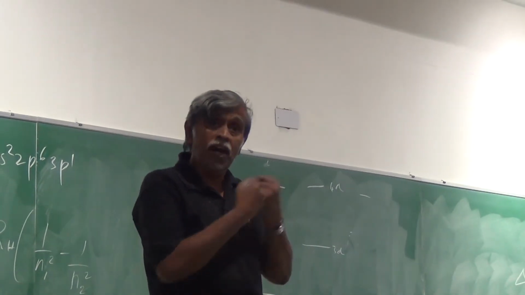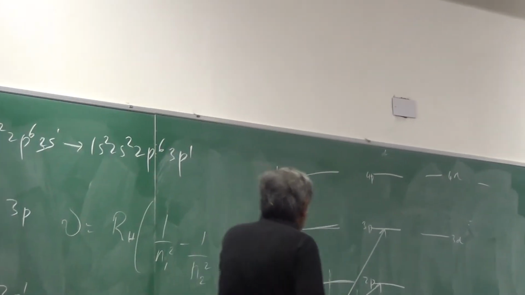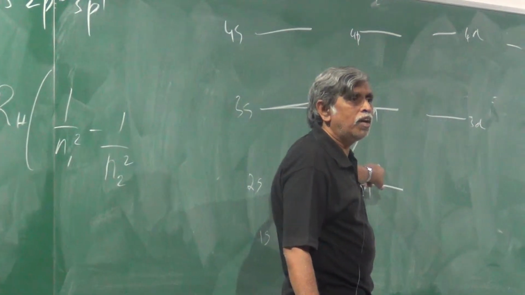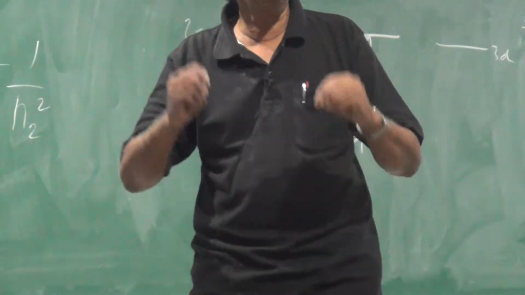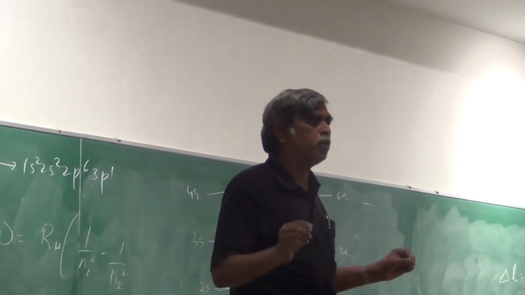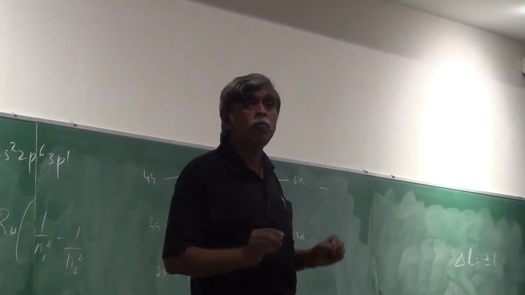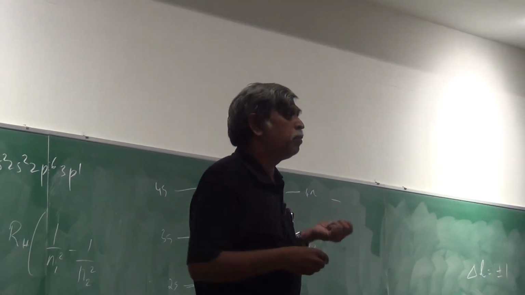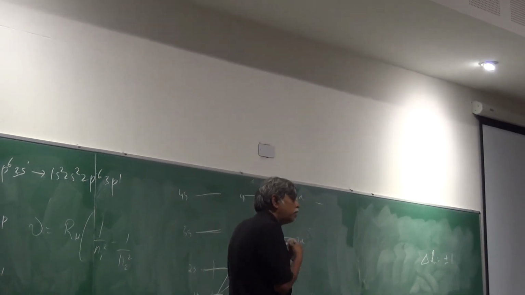a doublet P 3/2 and 1/2, and therefore I will see a transition going from a doublet S 1/2 to a doublet P 3/2, doublet S 1/2 to a doublet P 1/2. So that will be a doublet in all these cases. So anytime I am looking at an S to P transition, it's perfectly allowed because delta L is plus minus 1. It's also going to give me a doublet because the P levels will be a combination, an assortment or collection of a P 3/2 and a P 1/2 state. Therefore, I will be seeing transitions to both these levels. It will be a doublet.